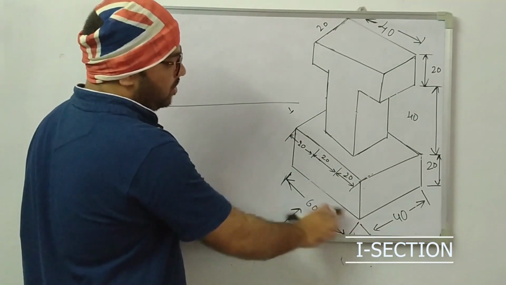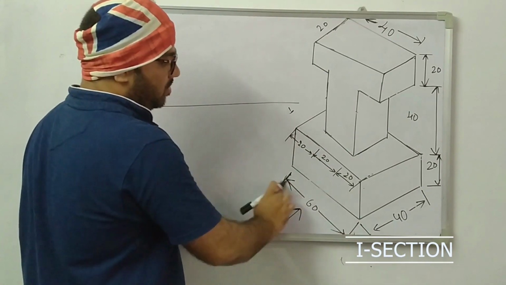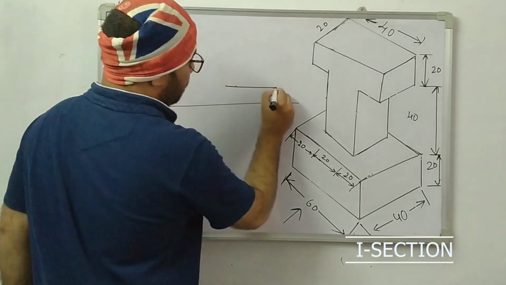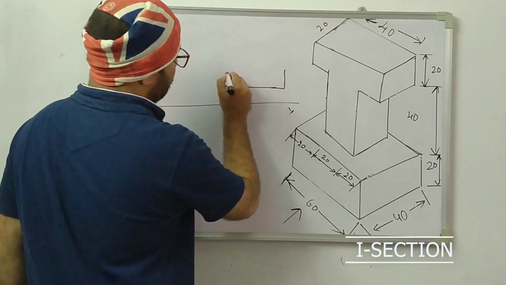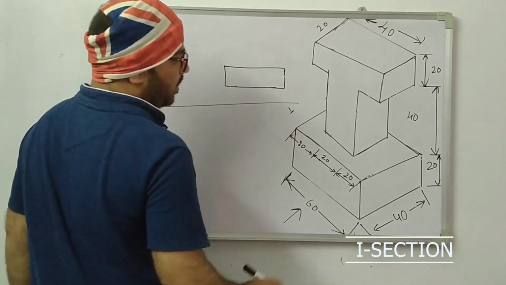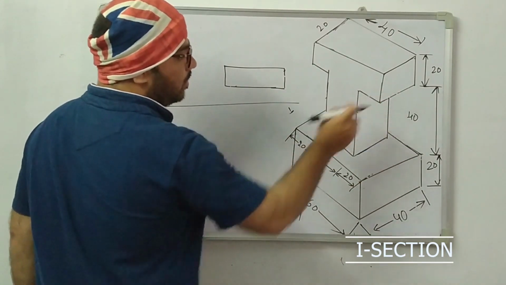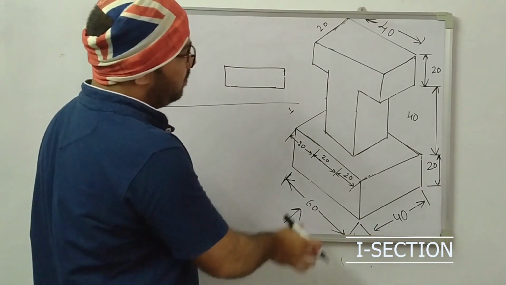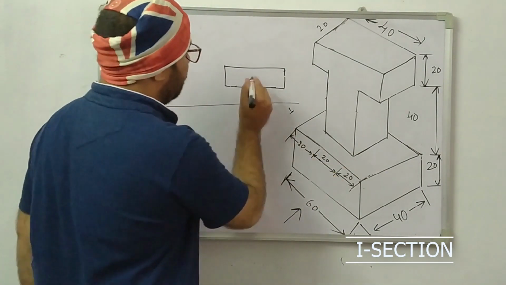Now we are going to see this box initially. This is the front view. What is this box? It is 60 and 20. So give some distance. It is 60 length and 20 height. Next, you are going to see this. What is this length? This length is 40. And what is this length here? It is mentioned that it will be 20. Here it is 20. This length is 20.